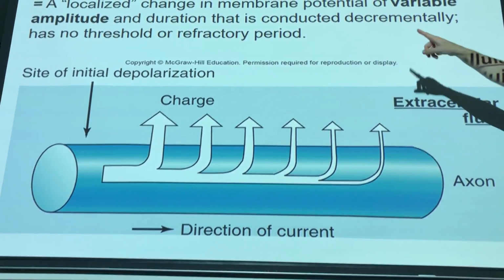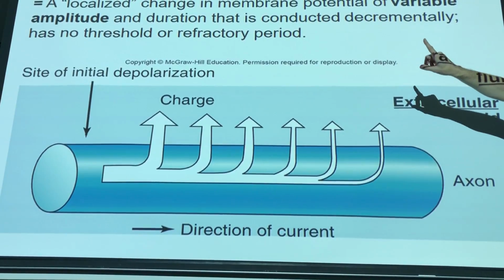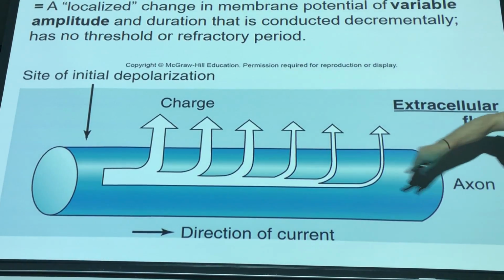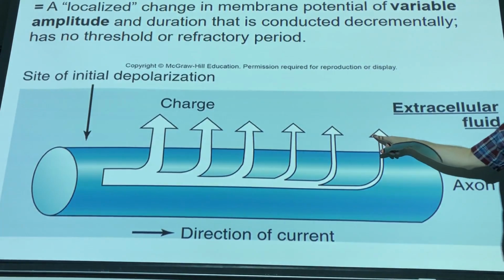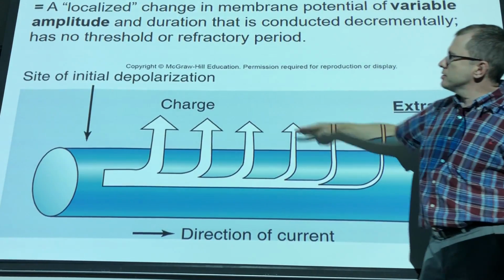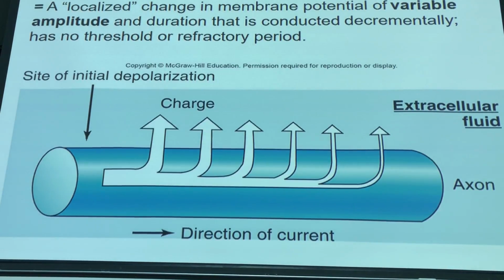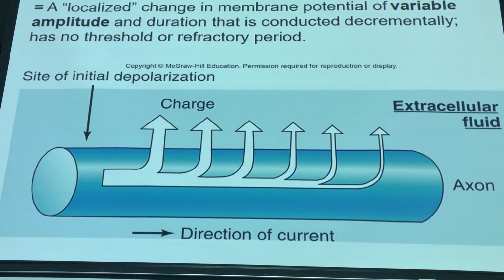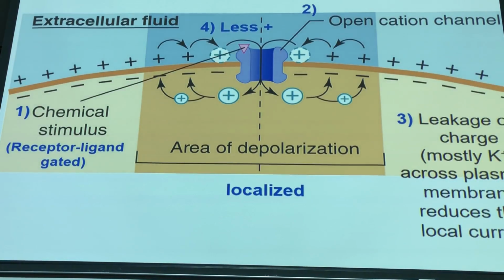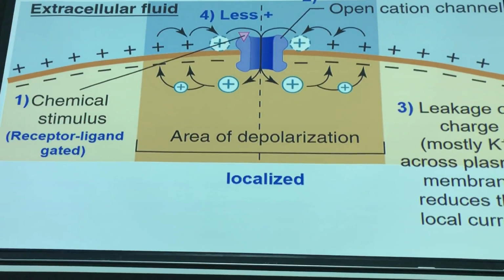And also, the amplitude of the potential, okay, changes. So they get weaker and weaker. So this amplitude changes, okay? No threshold and no refractory period. We'll get to that later, okay? So let's stop there. We'll do one more slide on graded potentials so you can kind of understand where the ions are